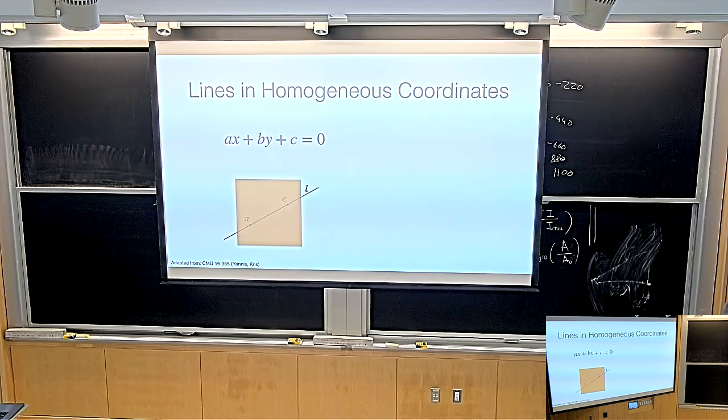So here is an implicit way of parameterizing a line, right? You can express a line as an equation, which is ax plus by plus c, and all of the 2D points with coordinates x and y that you stick into this equation that evaluate to 0, those are the points on the line, right?